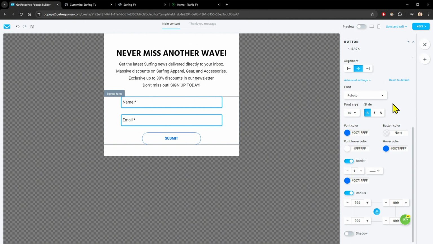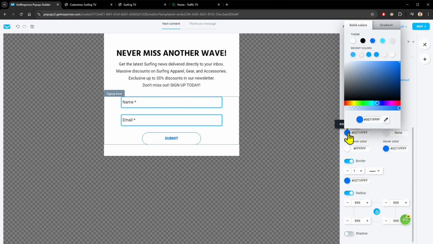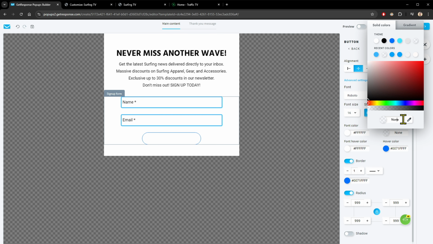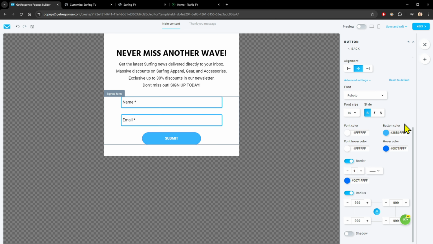Once we're in advanced settings, I want to change this font color here. Instead of it being blue, I'm going to change it to a white color. So when you change it to white, it should just be a bunch of F's here for the hex. And now the button color, instead of it being transparent, I'm going to make this my accent color. Perfect. So now we have a white text with a button here with our accent color that matches the form